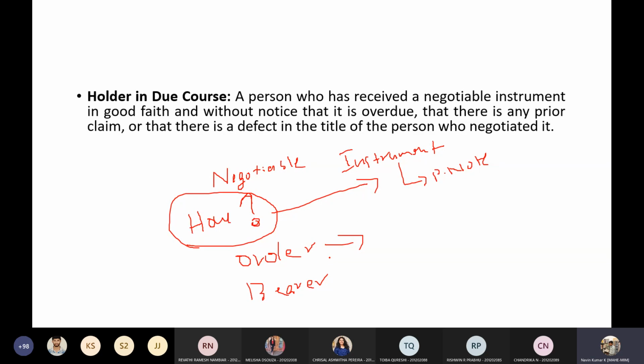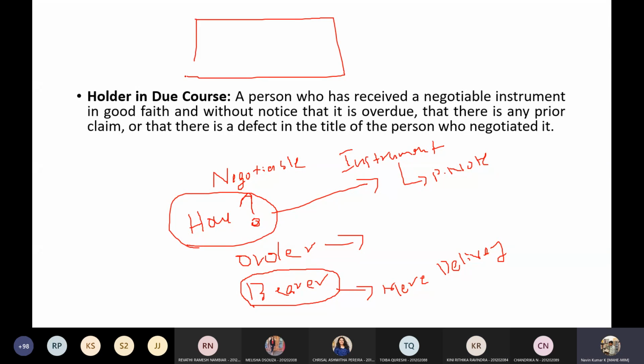Now the question comes, how to transfer? If a person has a bearer instrument, does he need to do anything in the instrument, or can he transfer the instrument just by mere delivery? Just by delivery, sir. Just by mere delivery. Suppose a person has a check, any instrument for that matter, so